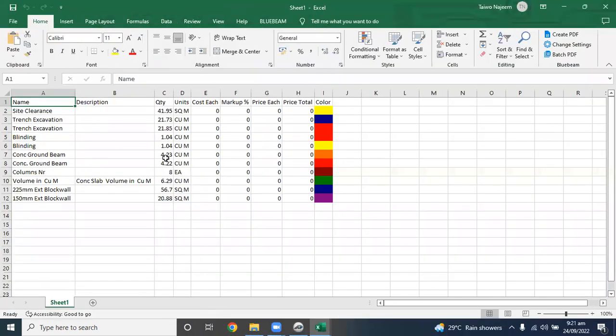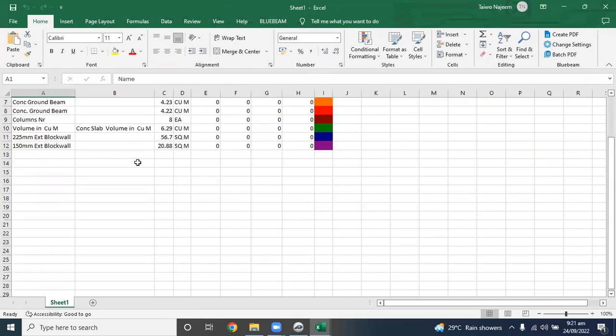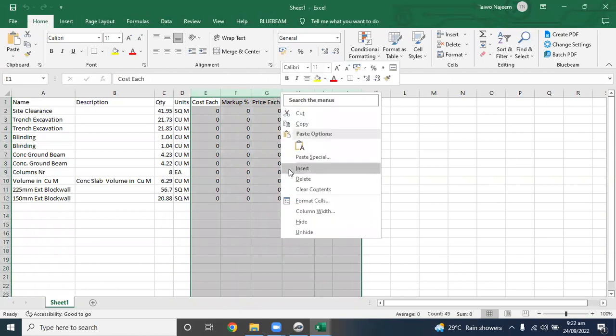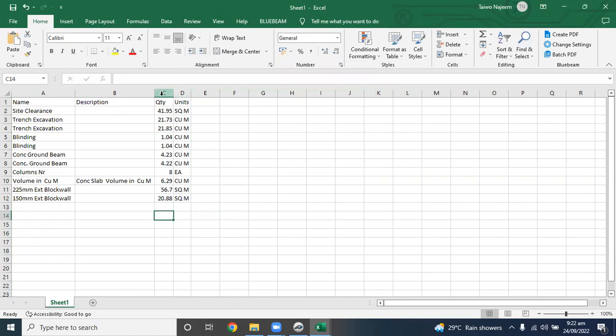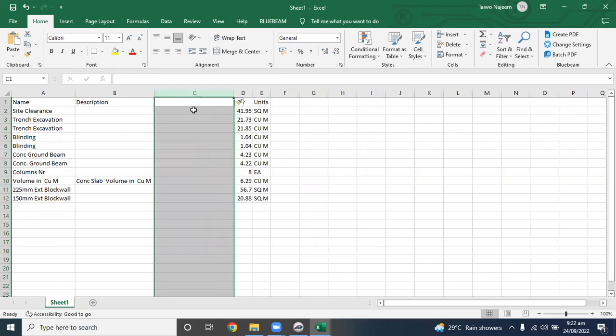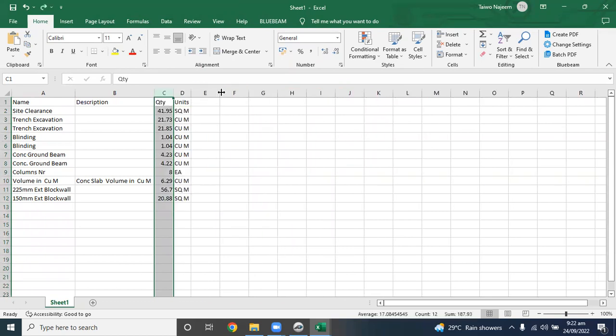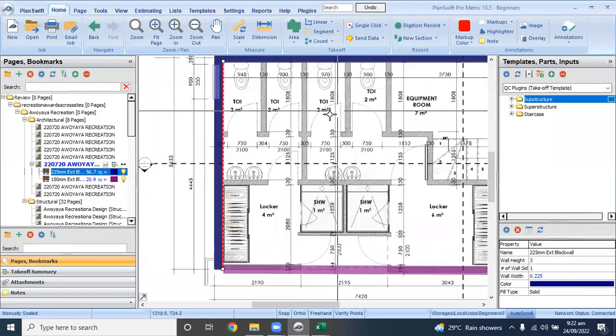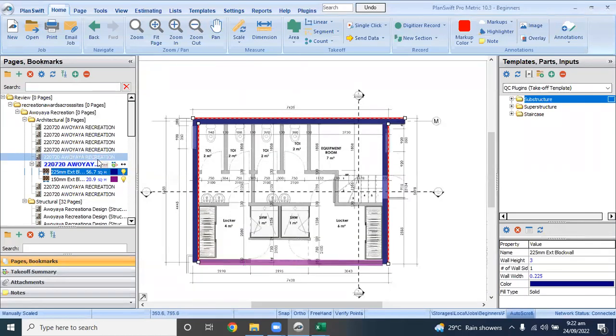These are the quantities we worked on that have been exported to Excel. You can delete all these things that you don't need. These are the quantities, they are the units. So that's it for the introduction to basic measurement tools in Planswift. Thank you for watching. I believe you gained one or two